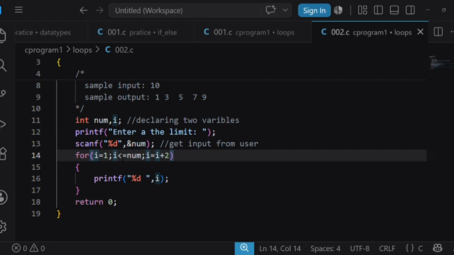I is equal to 1. Here we need to start from 10. Sorry, last number.